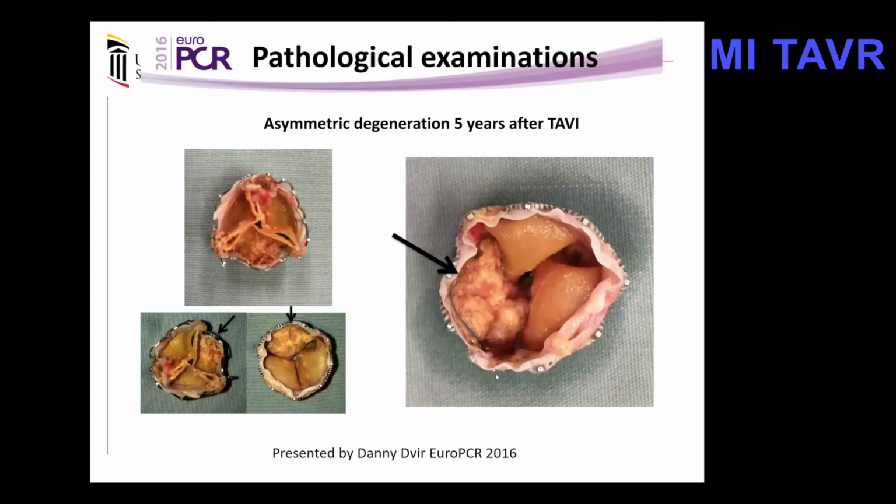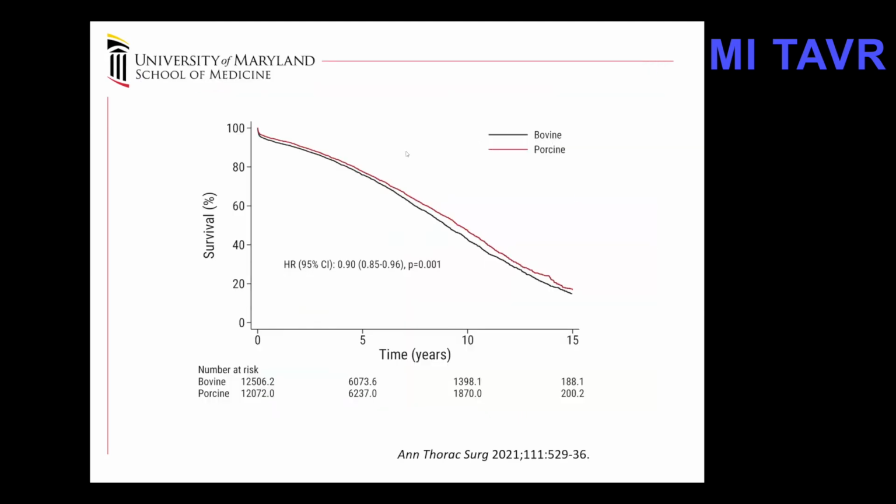So the impact of these flow dynamic differences is seen here. This is a presentation that Danny Demir made at EuroPCR in 2016, highlighting the structural deterioration we see in these TAVR valves. And really why we see this is reflective of these flow dynamic issues that I'm trying to illustrate. Remarkably, when we study differences between, say, bovine and porcine stented valves, we can't see a whole lot of difference. And I would put all TAVR valves in this same category, not being different from a hemodynamic standpoint of either the porcine or the bovine